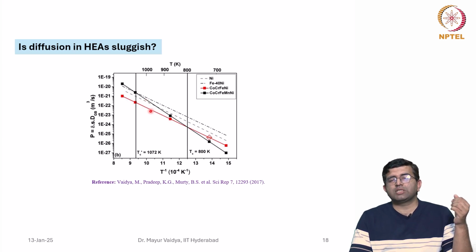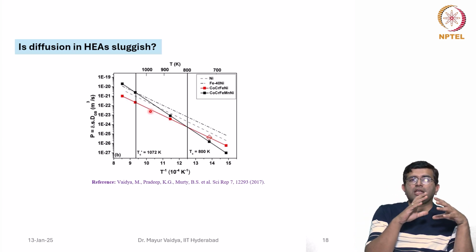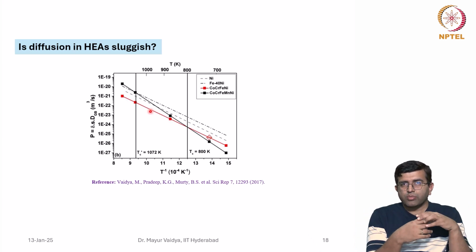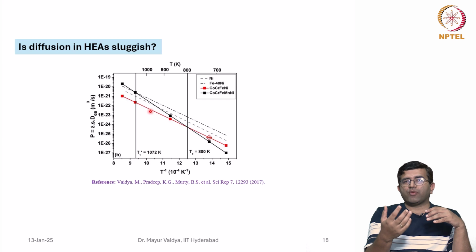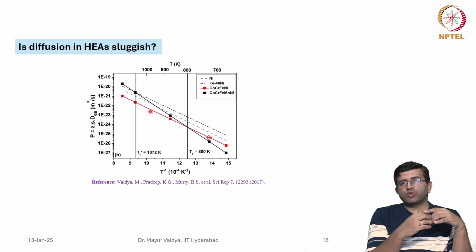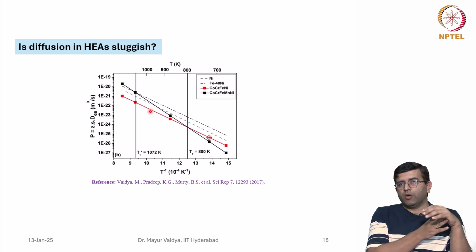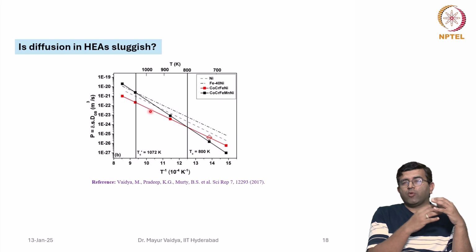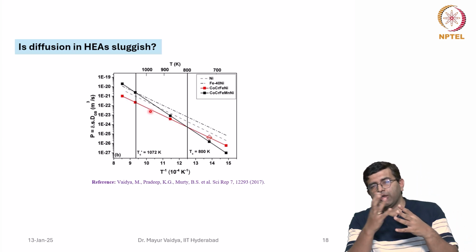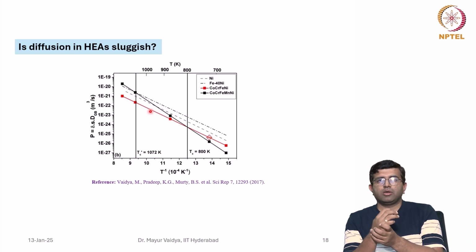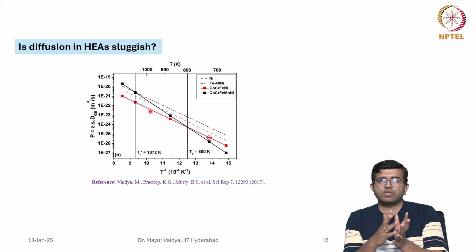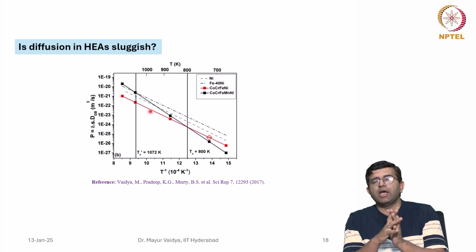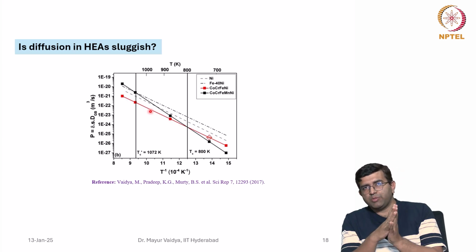So this tells us that it is not necessary that as you increase the number of elements, your diffusion coefficients are going to go down. If you read a little more of the review articles on diffusion in high entropy alloys, so far the understanding has been that